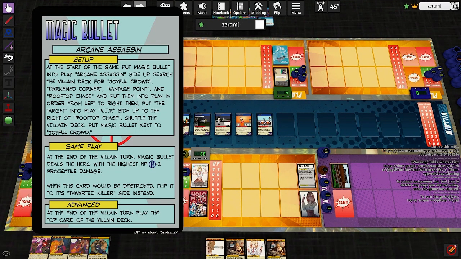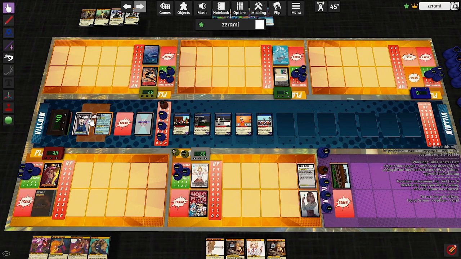At the start of the game, put Magic Bullet into play, Arcane Assassin side up. Search the BN deck for Joyful Crowd, Darkened Corner, Vantage Point, and Rooftop Chase. Put them into play in order from left to right. Then put the target into play, VIP side up, to the right of Rooftop Chase. Shuffle the BN deck, and put Magic Bullet next to Joyful Crowd. So as we do that,